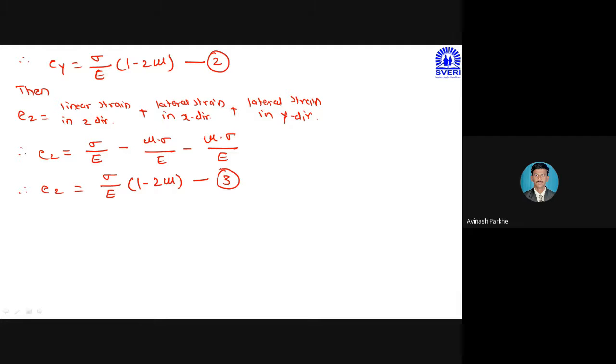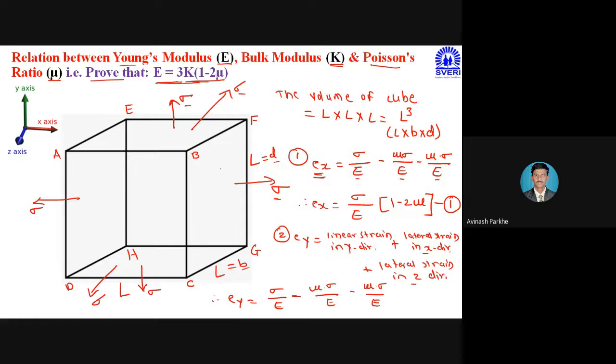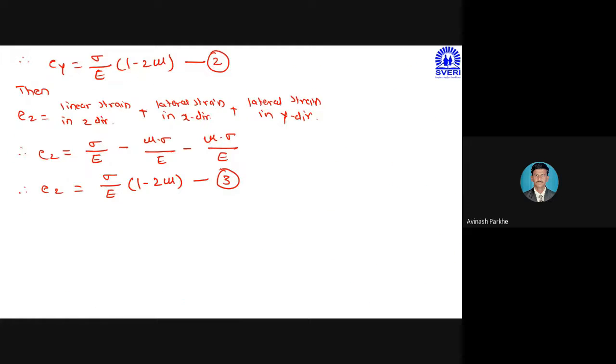So what we have calculated: equation number 1 means the strain induced in x direction, equation 2 means strain induced in the y direction, equation 3 means strain induced in the z direction. Whatever numerical we have solved just now, that is change in dimension, the same formulas are there, but in those numericals the formulas are represented in the form of sigma x, sigma y and sigma z. But here we are deriving the derivation. During the derivation we have considered that the cube is subjected to the sigma stress in x, y, and z direction. Therefore, for all the stresses, we have represented sigma instead of sigma x, sigma y, and sigma z.